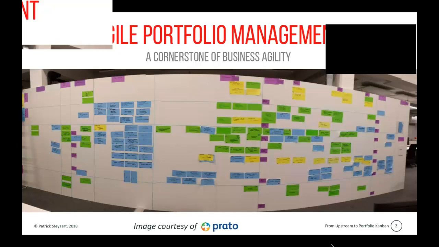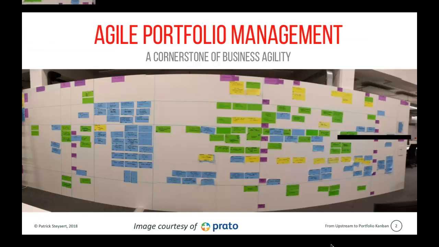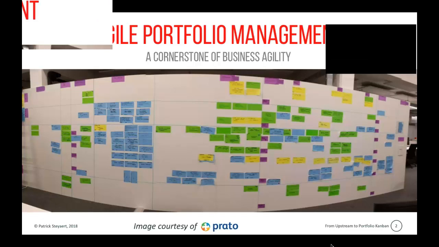the initiatives, visualizing the highest level of work in the organization, with some notion of having a conversation around that visualization, with some notion of maybe some selection, and I'll come back to that in the next slide, and then with some notion of maybe limiting the amount of initiatives in the organization, in analogy with limiting the amount of work in progress at the team level. So that's, I think, the current state of the art.